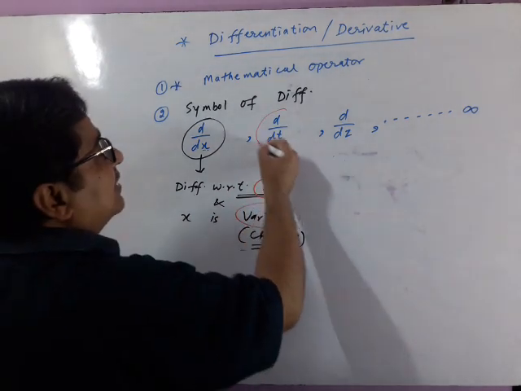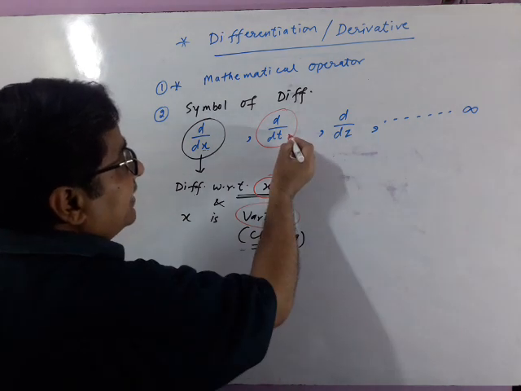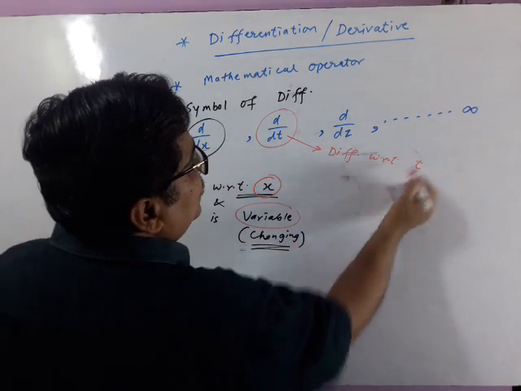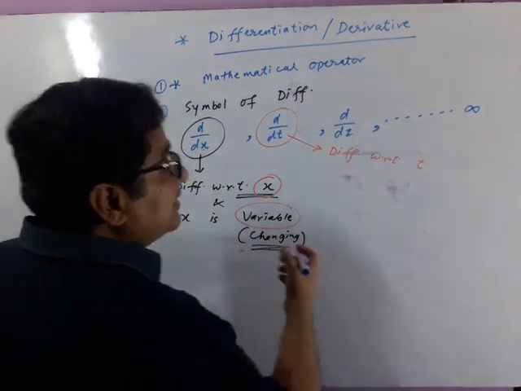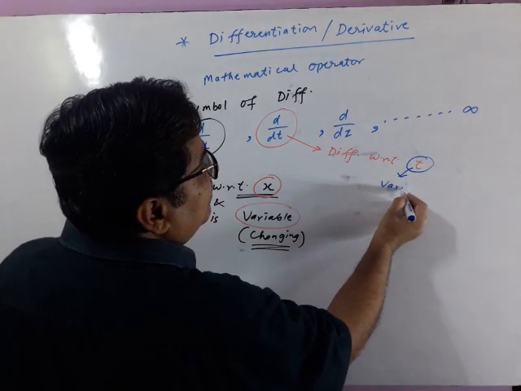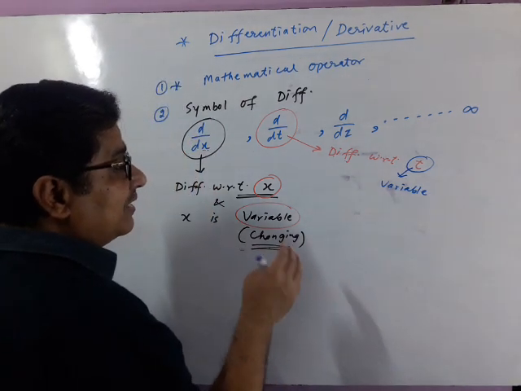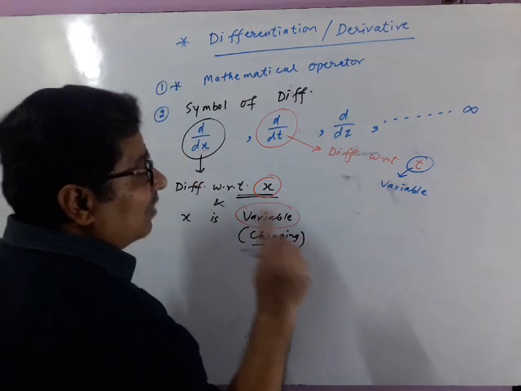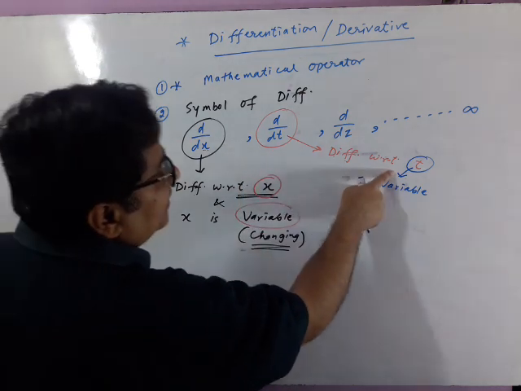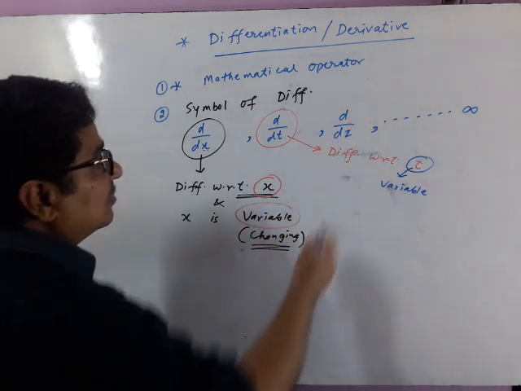Similarly, focus on dy dt. Once again, breathe in slowly and gradually. Dy dt means differentiation with respect to t, and it signifies t must be changing. So t is the variable of the topic. The variable may be anything, but it will be one in one numerical. Like if I say dy dt, t is the variable. If I say dy dx, x is the variable, and so on.